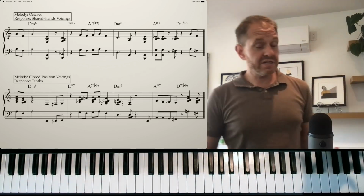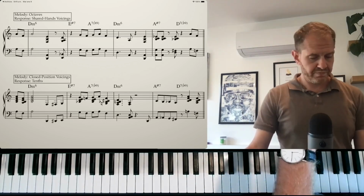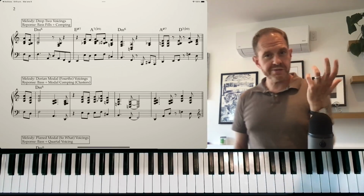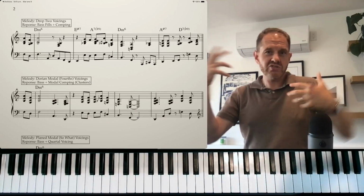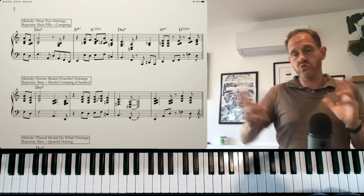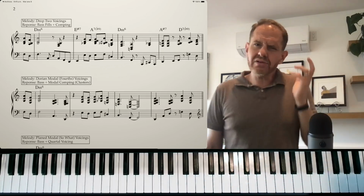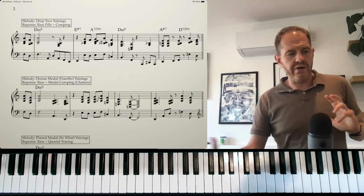So a different sound, definitely, than those first 2. Going on to the second page here, whenever I think closed position, I also think drop 2. These are 2 very similar voicings, just with a tweak between them. So we could absolutely use drop 2 to sound a little bit more modern, a little bit more airy, rather